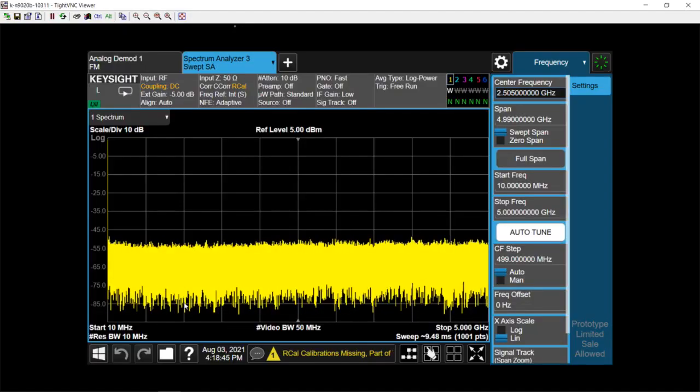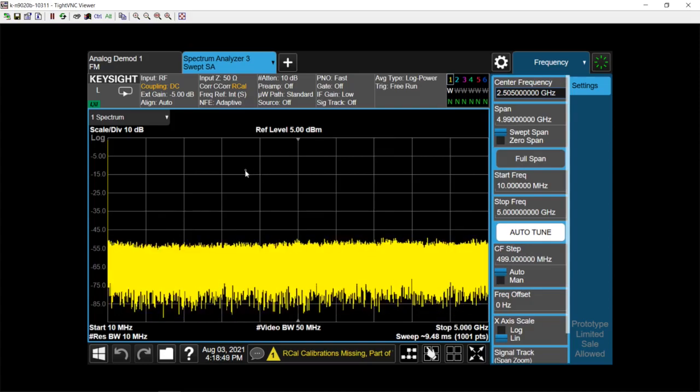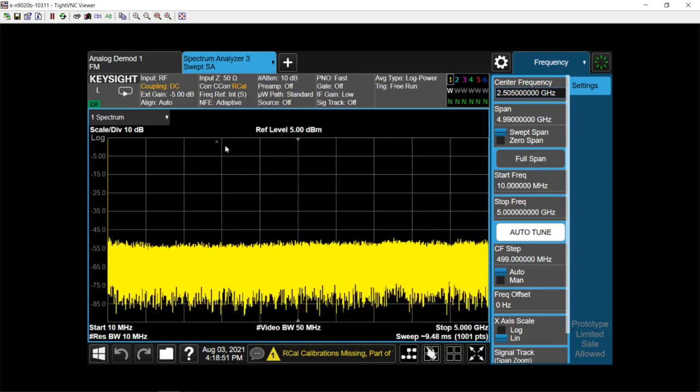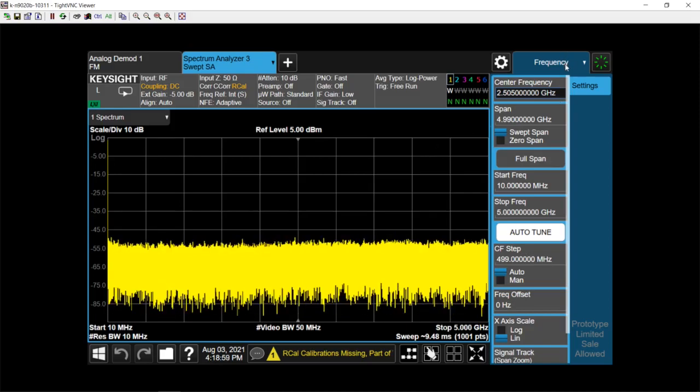Hi there. So this little clip would show how you can run the RCal with a MXA. The one I have here is a N9020B. So the first thing you would need to double check